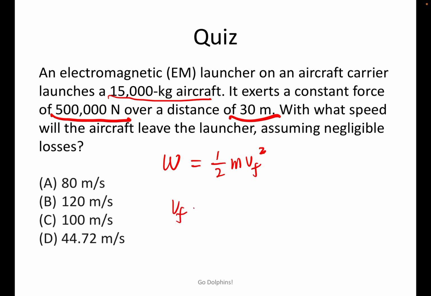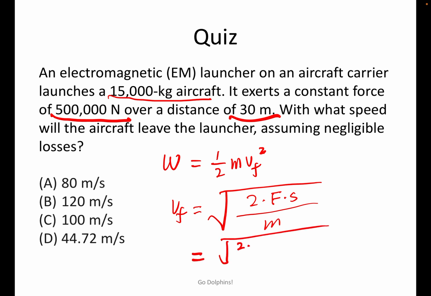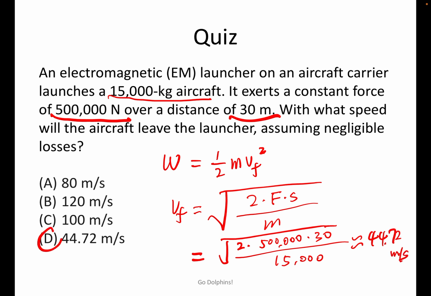So we get 2 times force times displacement over mass, 2 times 500,000 times 30 divided by 15,000, which roughly gives us 44.72 meters per second. So the answer is